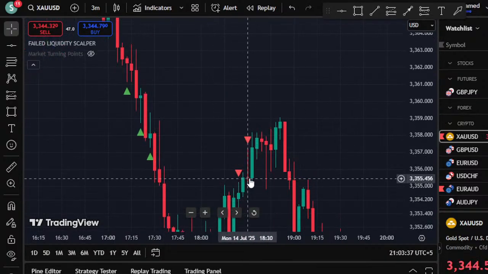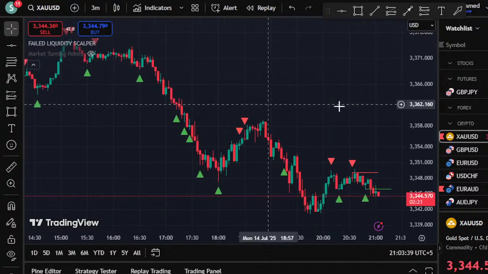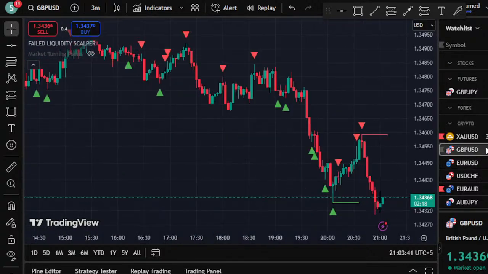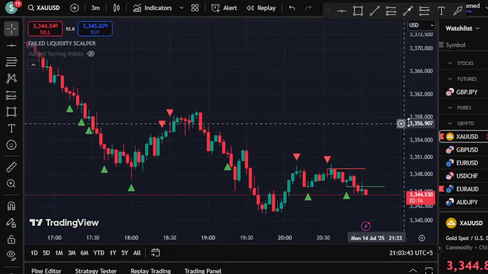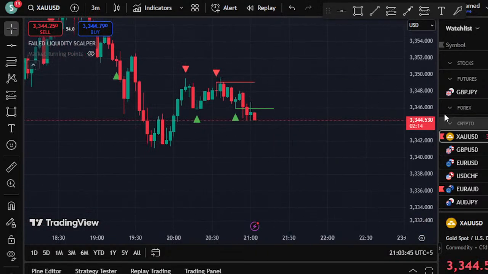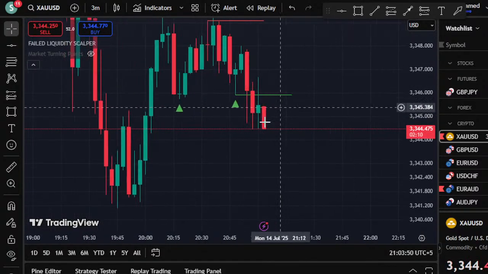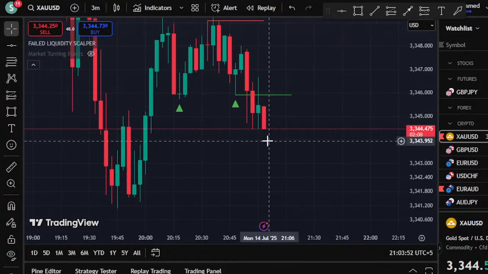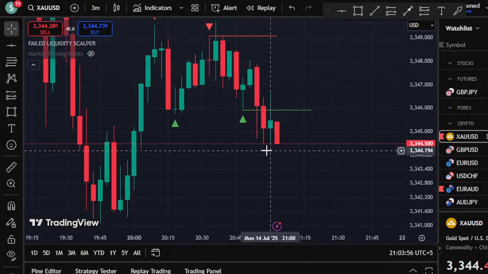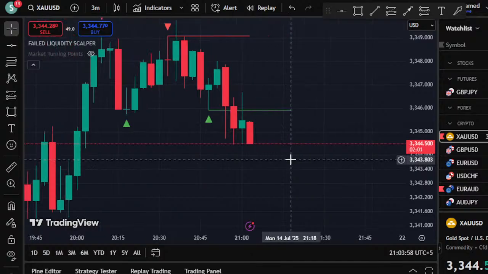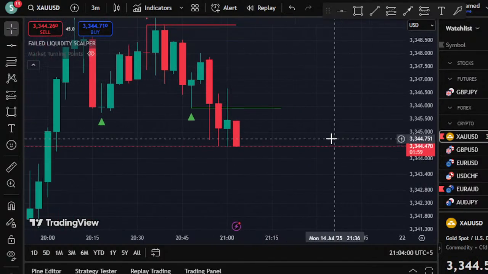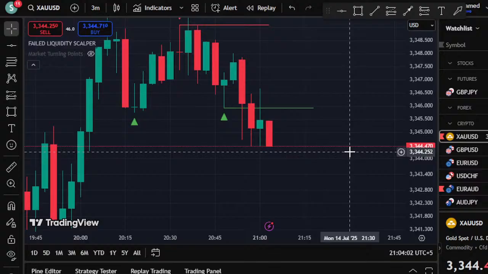This was the buy. This is not a sell, because this represents the liquidity failure. Okay, now let's have a look. I'm just coming back to gold 3 minute, and you see that after the liquidity failure, the price is going down, it's not going up. So this makes complete sense that this indicator is very, very strong, because other retail traders are buying and you are actually selling.